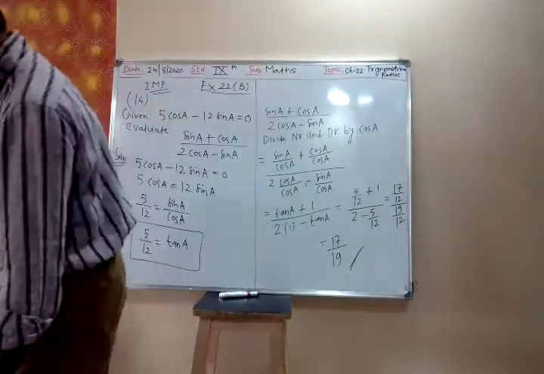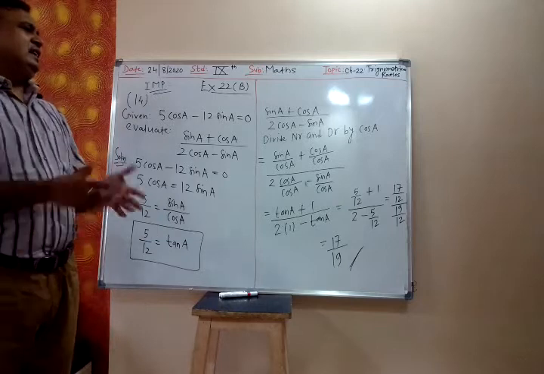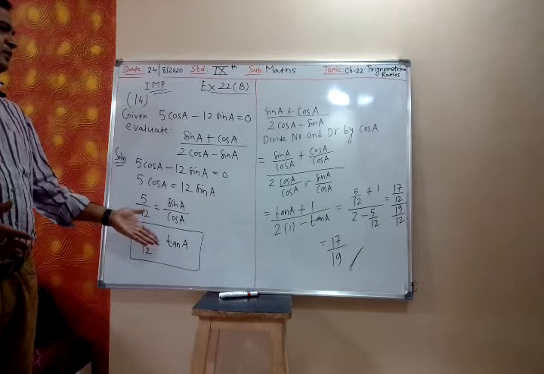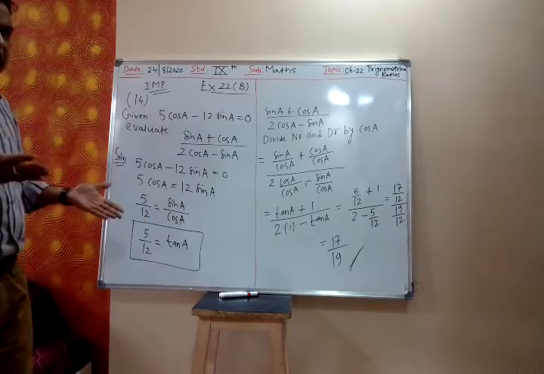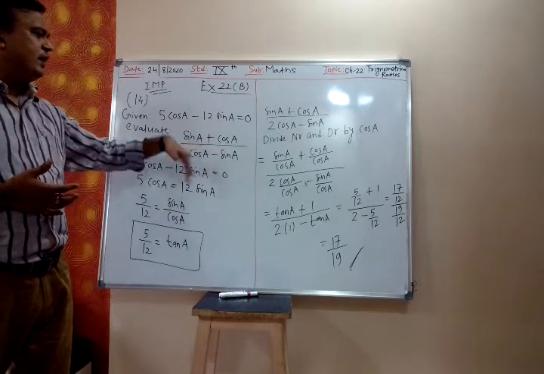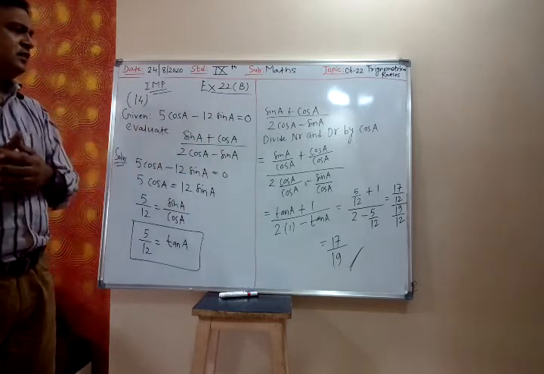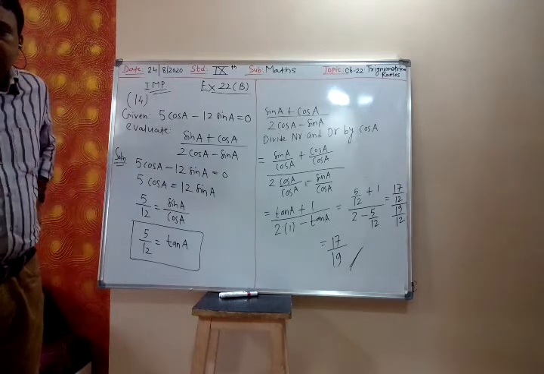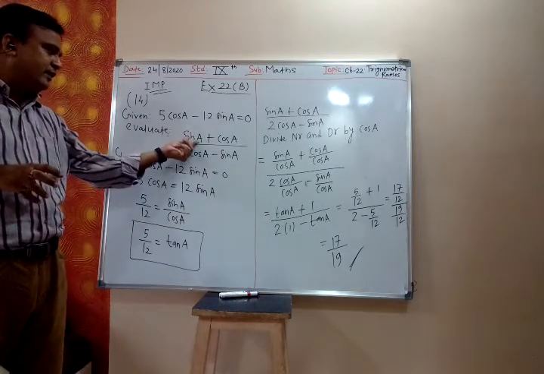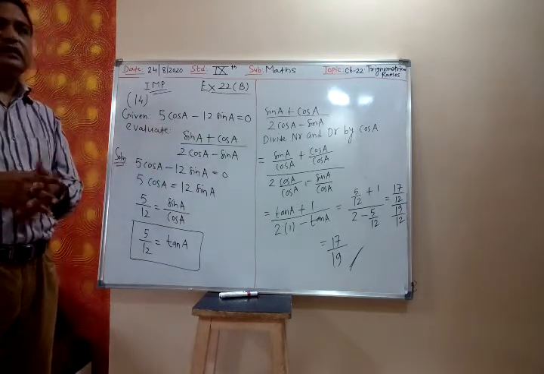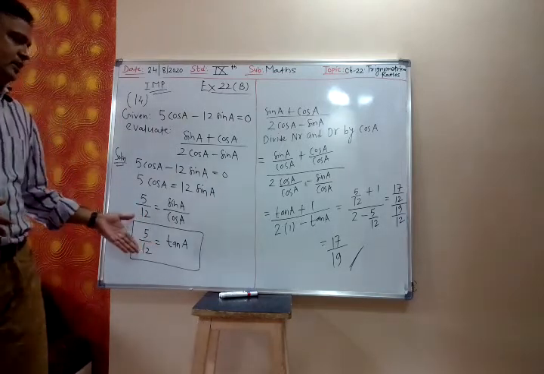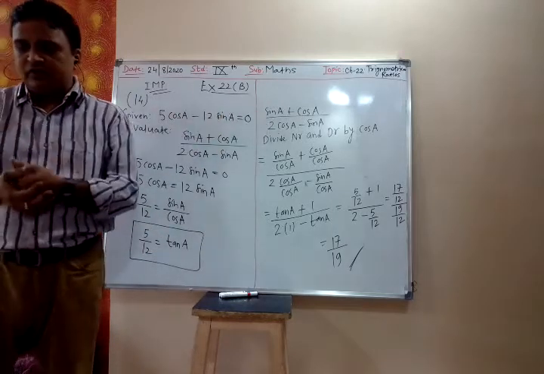Just check the answer. Has anybody got it? See, the other method is to draw the diagram and find the hypotenuse, then find the sin A and cos A values, and substitute those values in this formula. After finding sin A and cos A, you just substitute their values in this and get the answer. That was the first method, using the diagram. Without using the diagram, directly divide each term of the numerator and denominator by cos A.